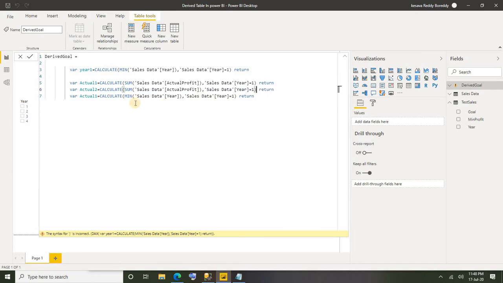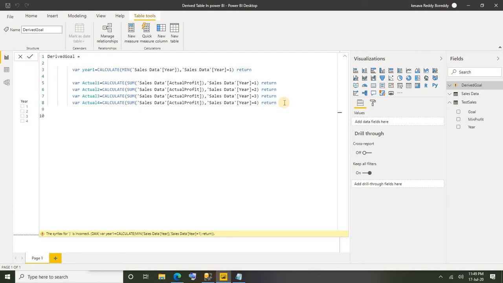In the same way actual for year 3, and actual for year 4 also. These actuals we are getting from the main table. We have got actuals already for each year, where year equal to 2, year equal to 3 and year equal to 4.